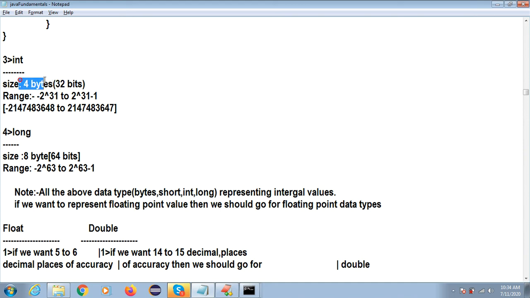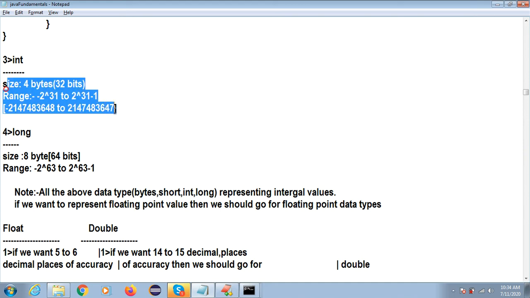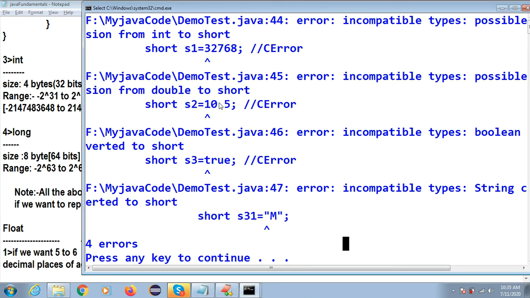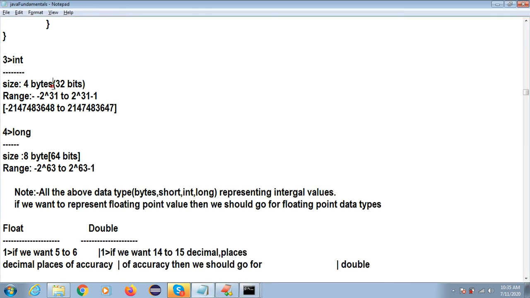Integer has 4 bytes, and I have given the range it will accept. In real time, some error might come, like some other developer has a huge short type, but we have to store more values, or you get this type of error, and you are able to resolve it.